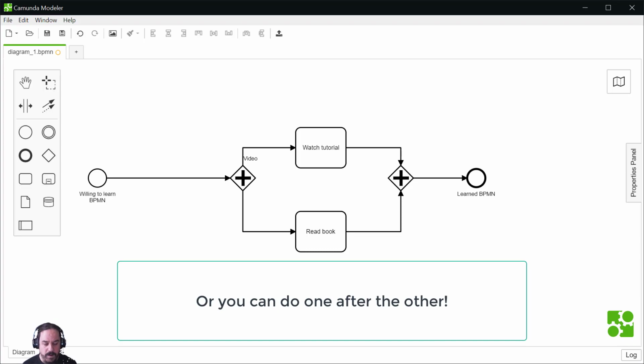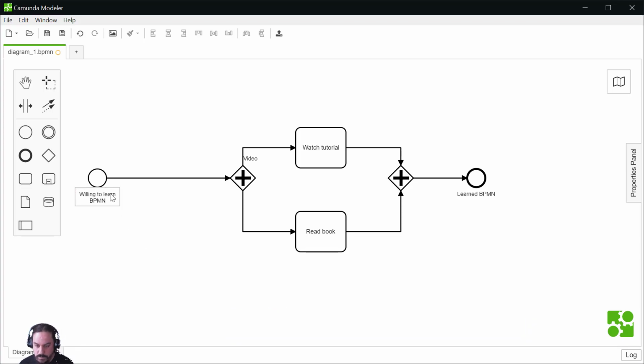For other tasks, like building a house, so I put a new house to build, and the outcome will be a house that is built.